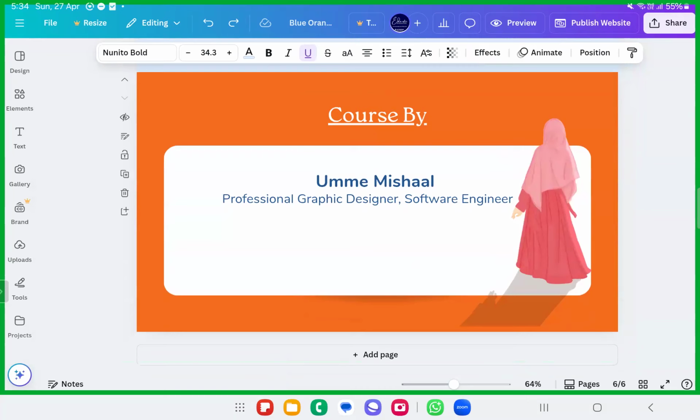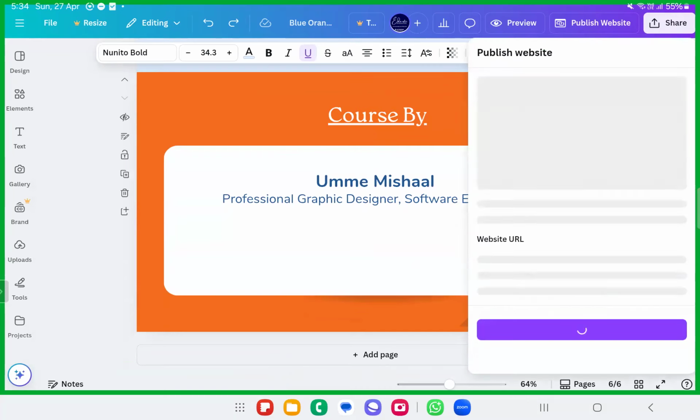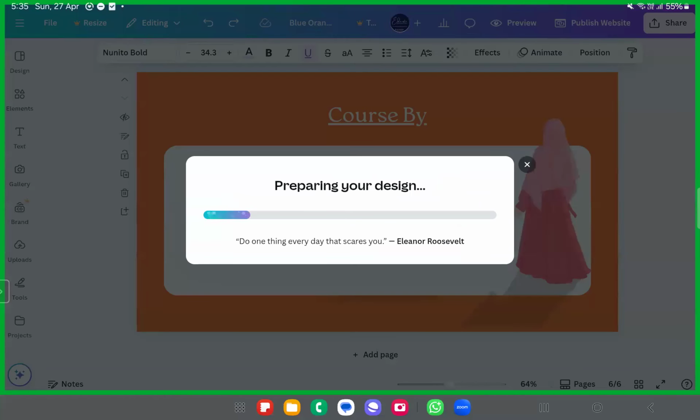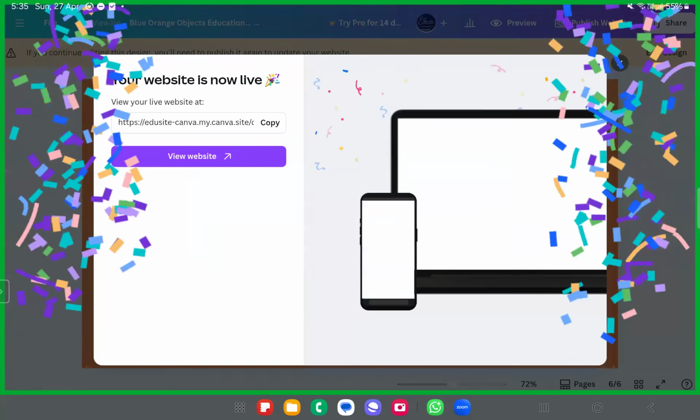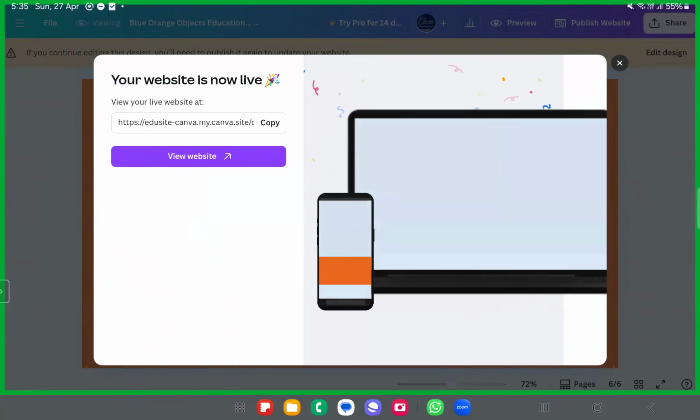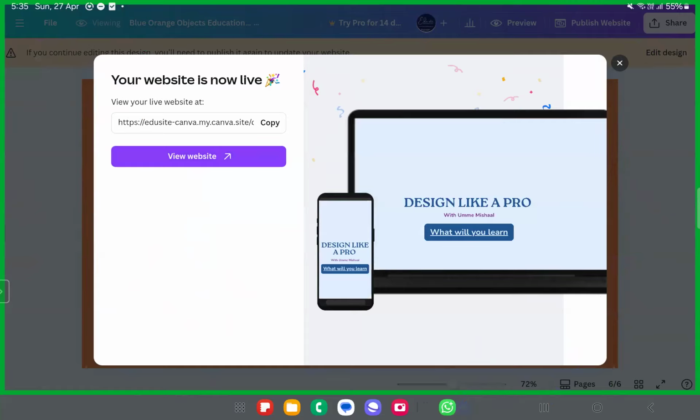It's quite easy. Just click on publish website. It will be live within seconds. If you want, I'll republish the website and show it to you. It will just take 1 second to publish your website. It will appear in the Chrome browser now. Whatever you want, you can create. But you know what the difference is here? You will get my.canva.site at the end. That's all. That is the thing that will be different. If you want to view it on Google Chrome, see here, it's here.